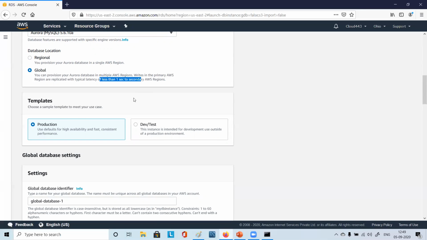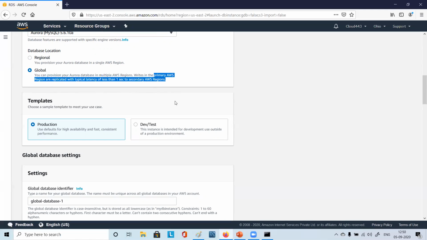Primary to secondary, if you look at it, you'll be amazed. Writes in the primary AWS region are replicated with typical latency of less than 1 second to secondary AWS regions. This fast is the write. You saw the photograph just now. I was showing the image, right?